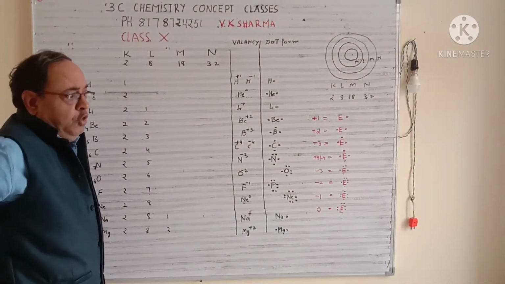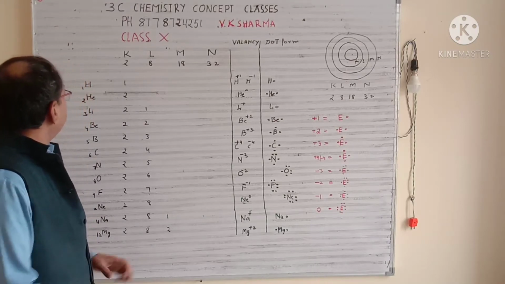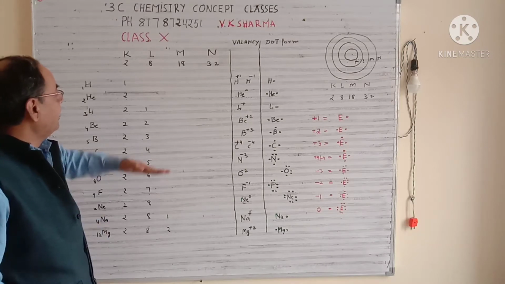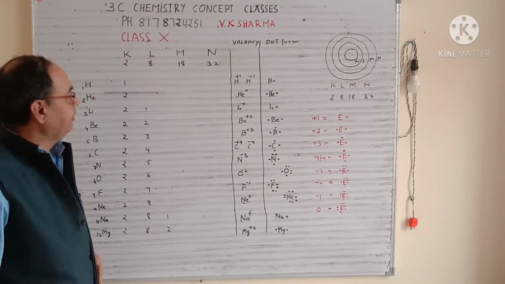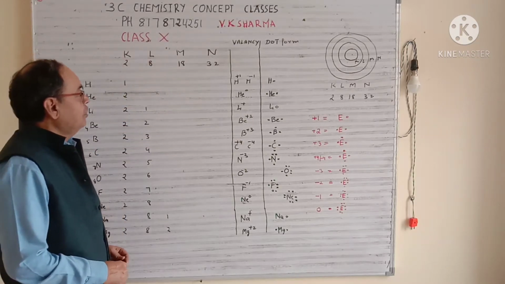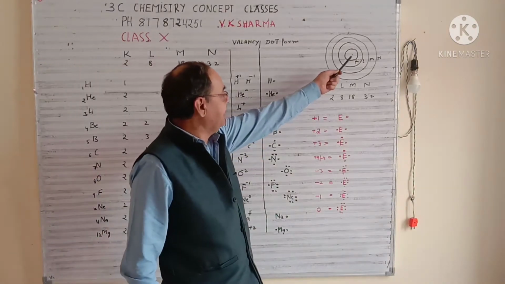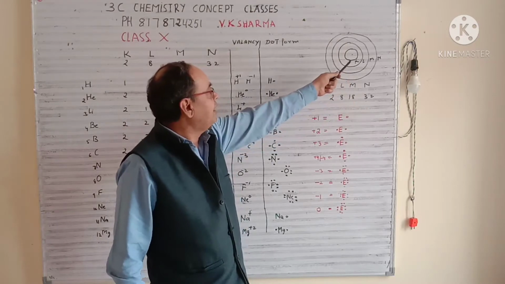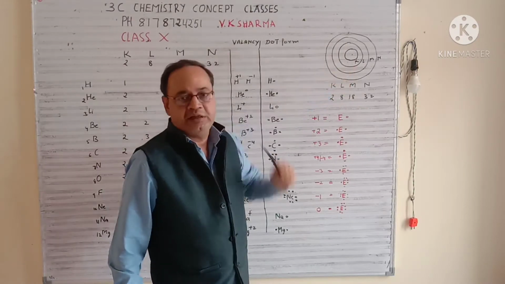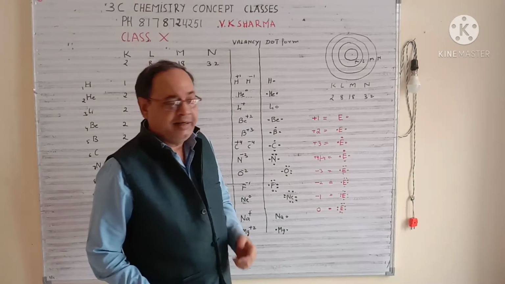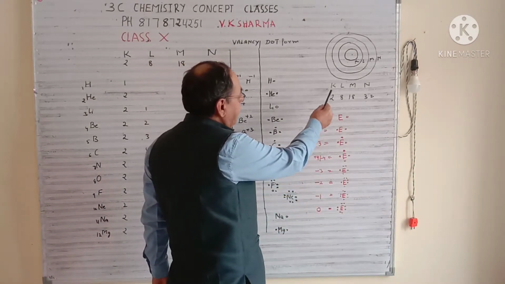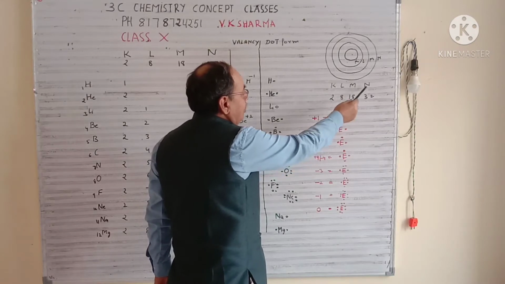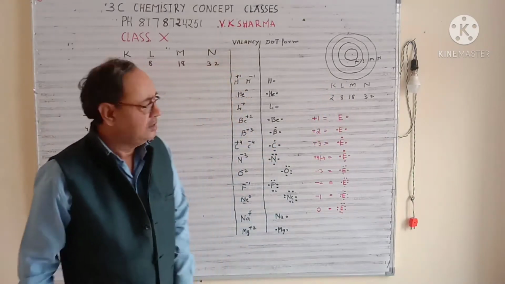Now, friends, I have told you in the previous topic what are the charges of each and every element in the periodic table. Now, how are they coming? So, we have an atom. Atom has shells. The first shell, second shell, third, fourth, and so on. So, we call them K, L, M, N shells. Now, the capacity to bear the electrons of each shell is: K can bear 2 electrons, L can bear 8 electrons, M can bear 18 electrons, N can bear 32 electrons.